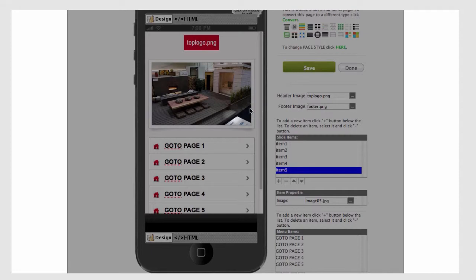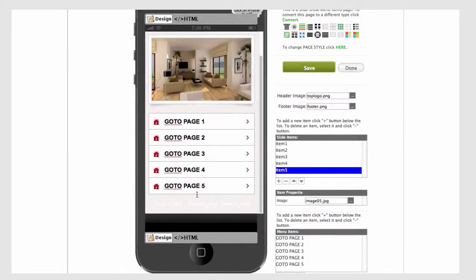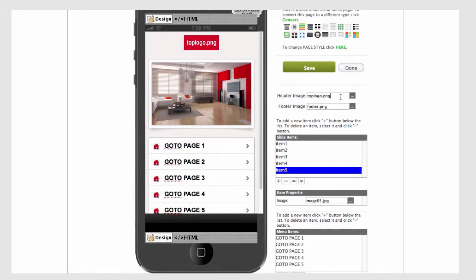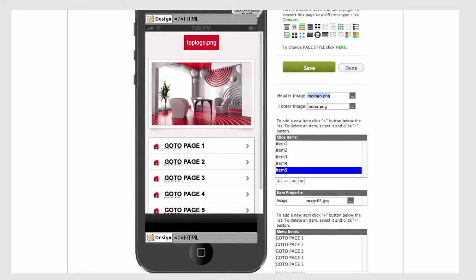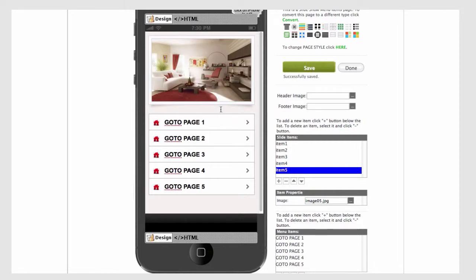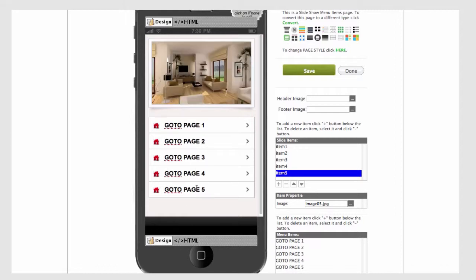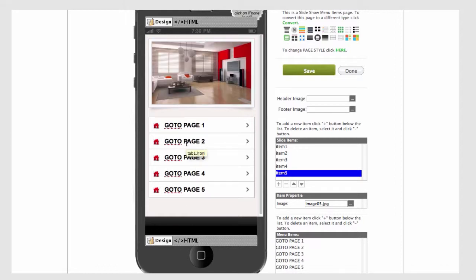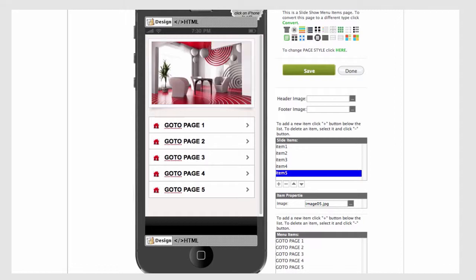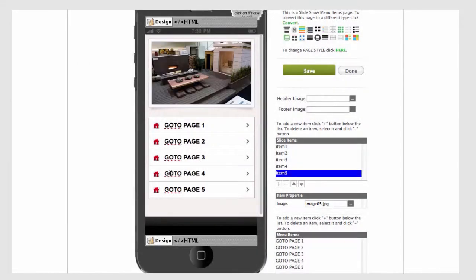The footer is not very visible, but it is here. You can get rid of all of those if you like by selecting delete, click save, and all that's left is the slideshow and buttons. The buttons we will use to connect to our pages, which are one touch call, one touch email, schedule appointment, and map